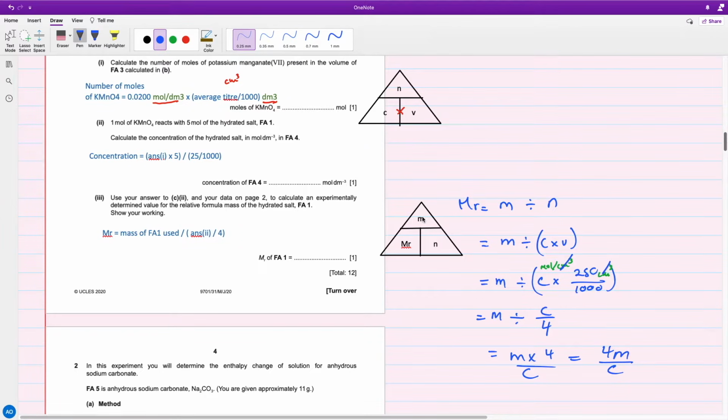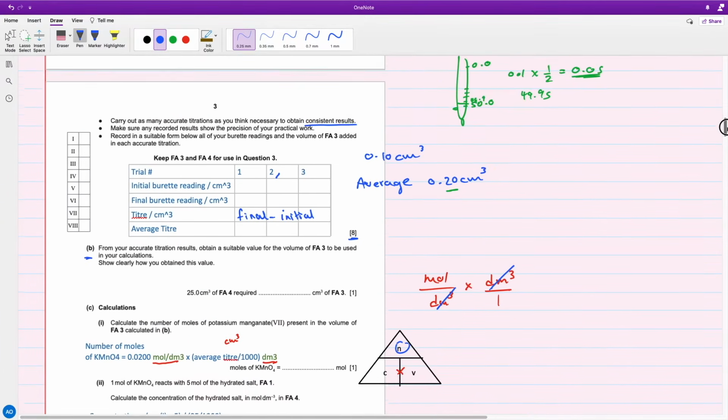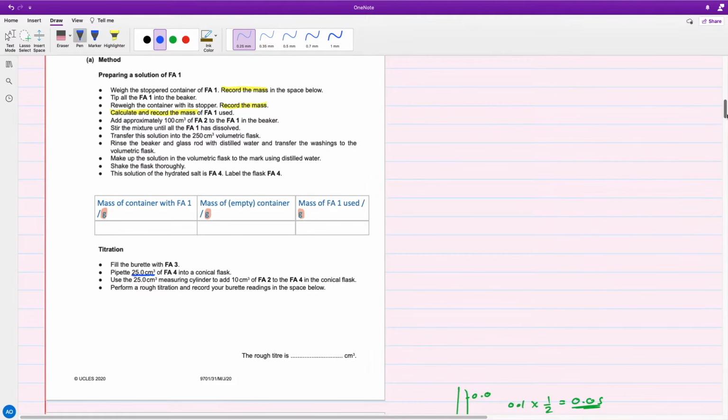So again, use this triangle, which is mass over number of moles. Now the good thing is we have the concentration, right? And concentration also has number of moles. So mass divided by n is the same as mass divided by the concentration times volume. The volume is 250 because we're asking for the total mass,